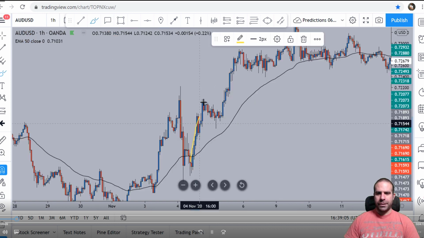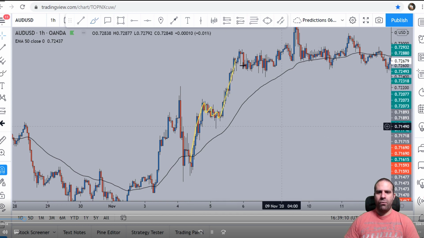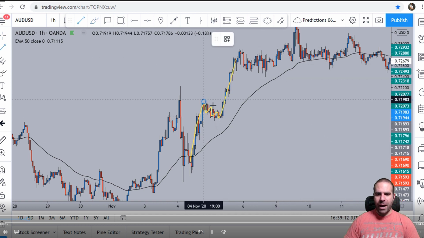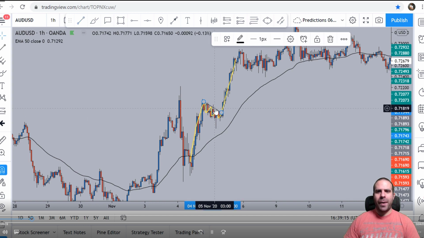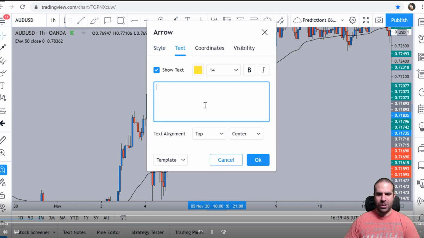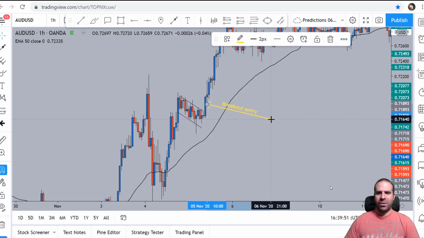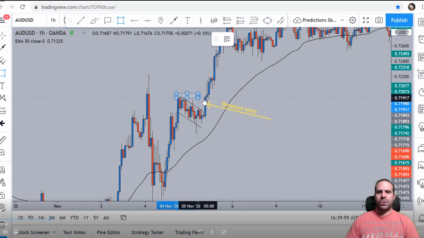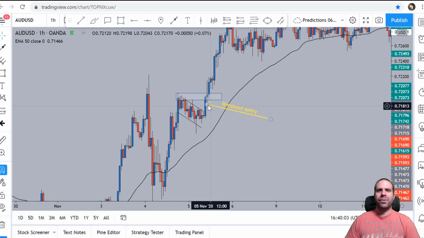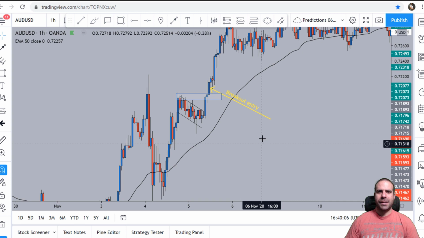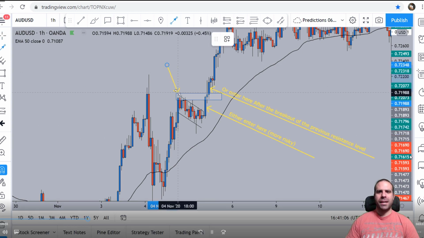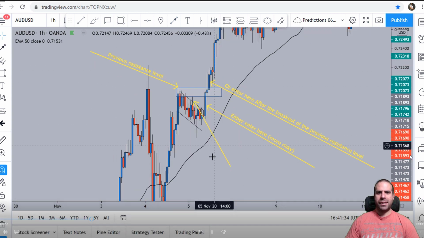So let's move forward. Here, guys, we can see we have our first example. We have price moving above the 50 EMA. We have a clear uptrend and we have a flag pattern being formed, which I'm drawing with 2 parallel lines, as you can see. So we have the breakout entry, guys, that you can see over here where we are entering immediately after the break of this flag pattern, or you can enter immediately after the break of the previous